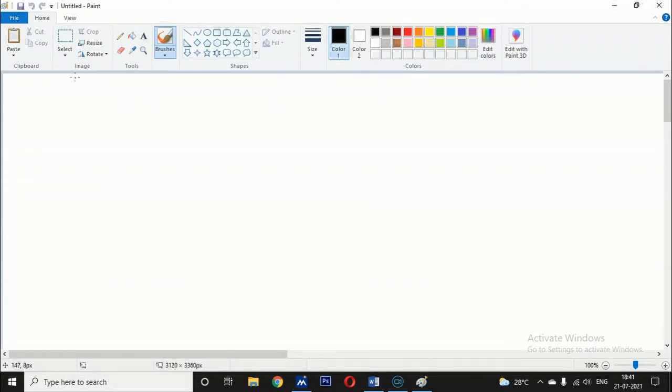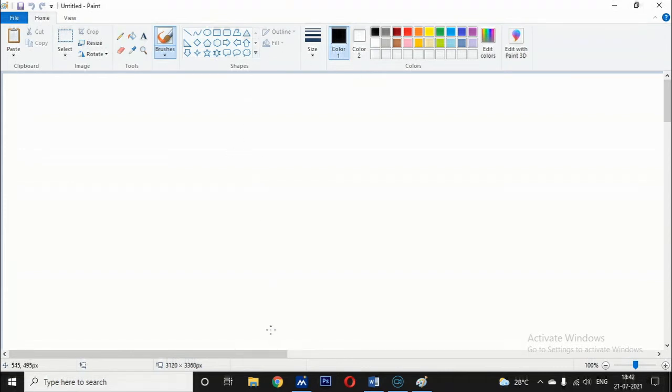So this is the Paint window. The first one is the title bar, and the second one is the menu bar, or tab. These all are ribbons.